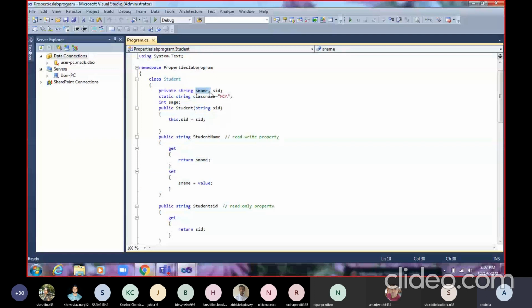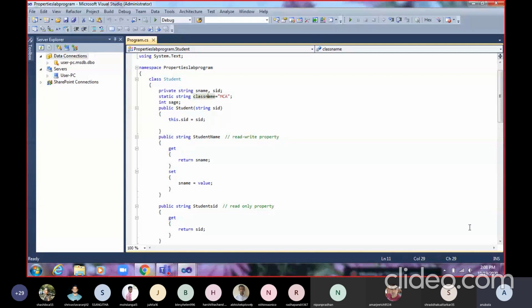And set will receive a value that will be given to S name. So we have created one property which will set or return the value for the private data member S name. Now this property is called a read write property, because we can read the data using get, and we can write into our private member also.